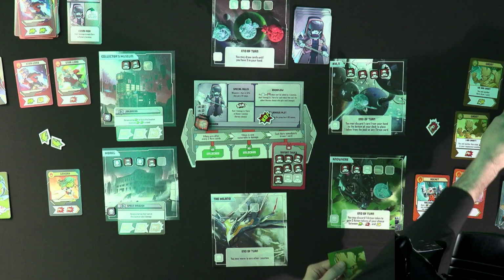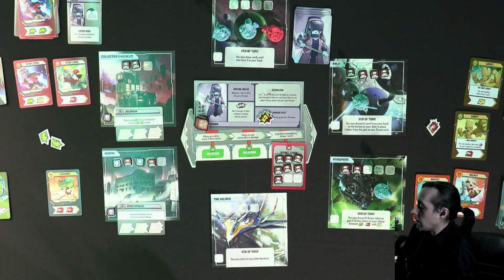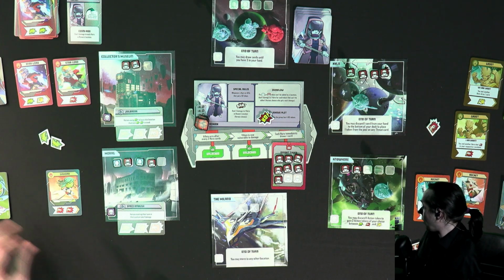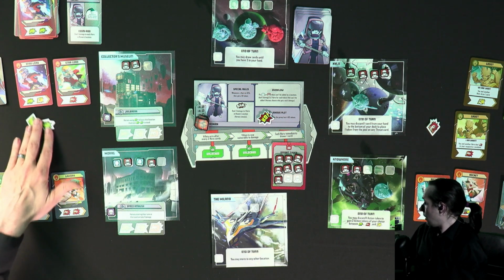You go ahead. You go ahead, Ronan. You do a point of damage. You see if I don't care. All right, it is Gamora's turn. She gets to draw a card. She takes two